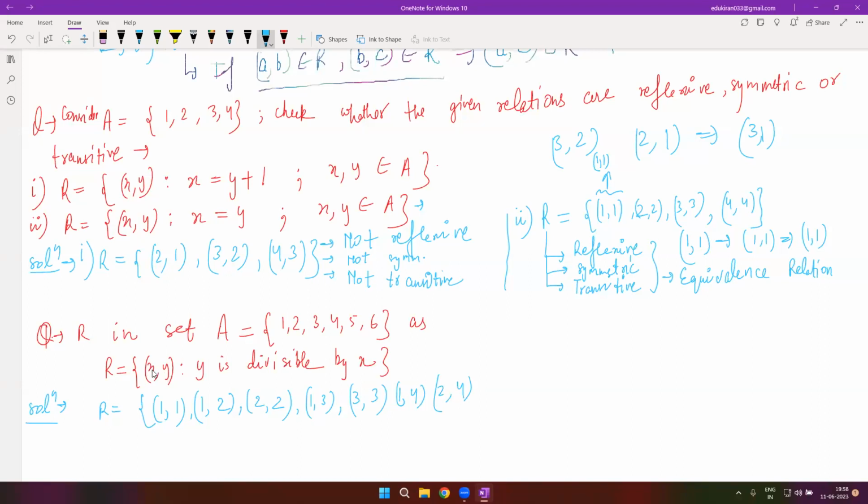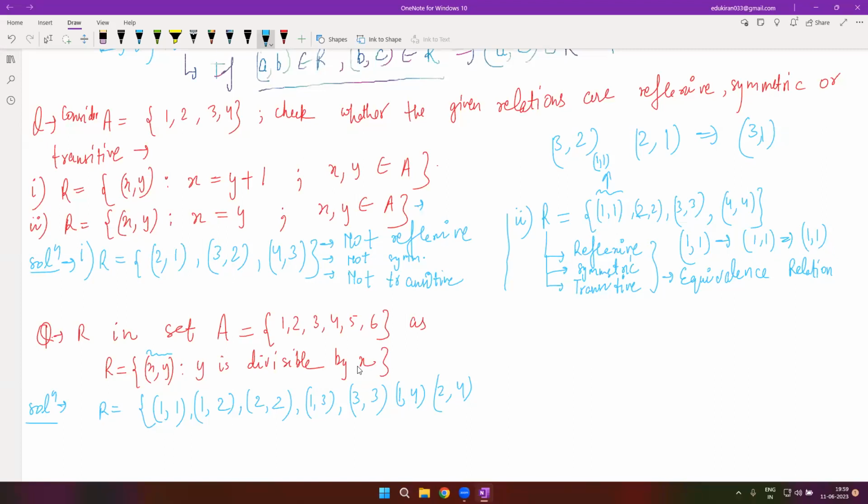Basically, what we have to see is that x is dividing y. (x, y) is an answer if x divides y. Let's say for 1, which pairs can be formed? Think of it another way: take x as 1, and let's start thinking another way. If x is 1, then what are the possible values of y? y should be divisible by 1. So every value is divisible by 1,